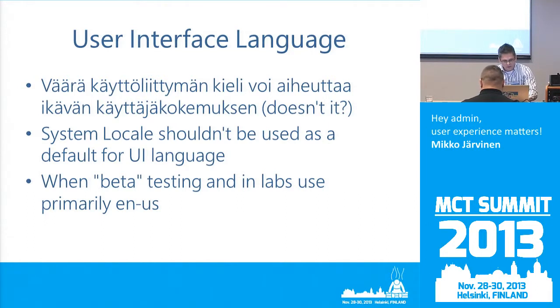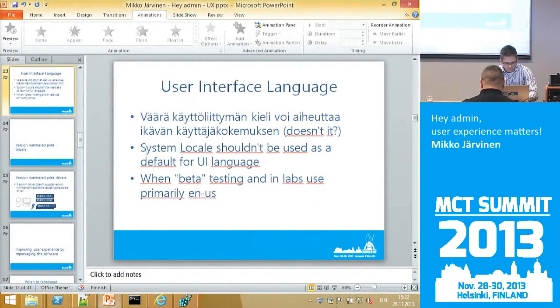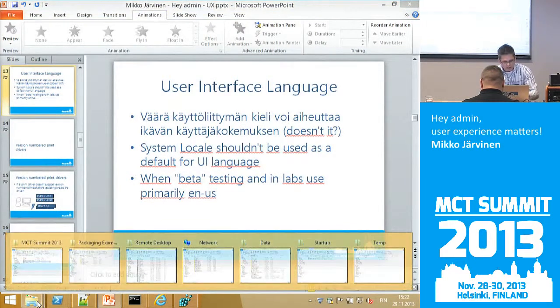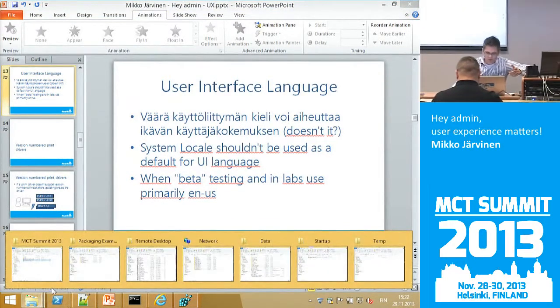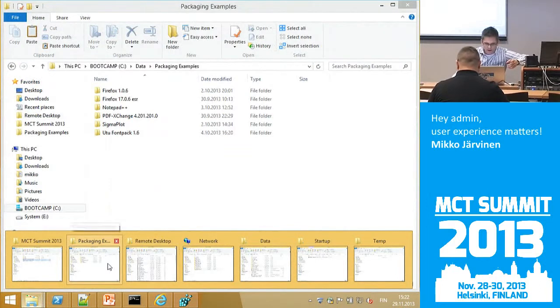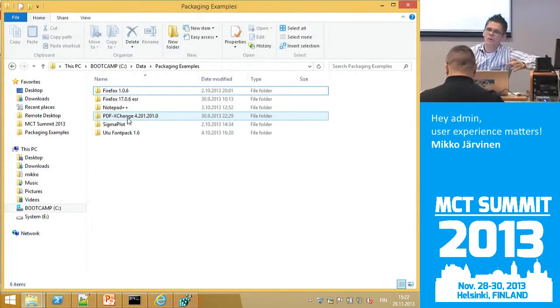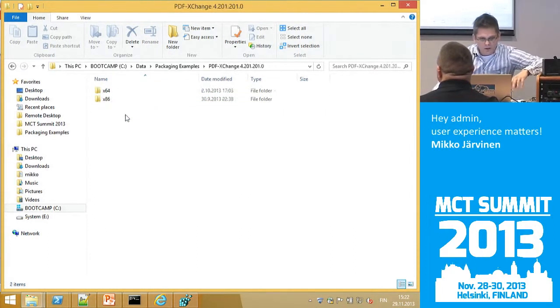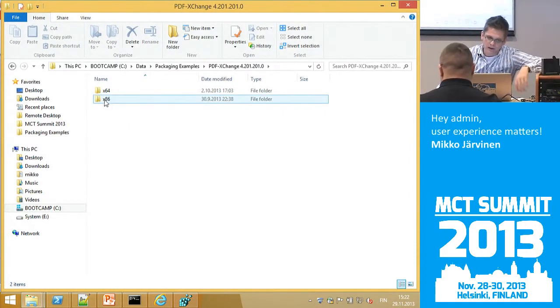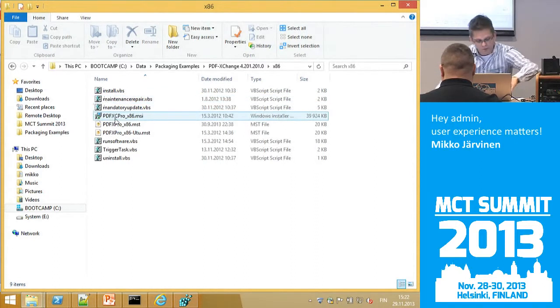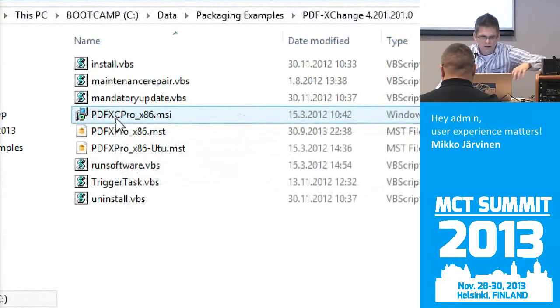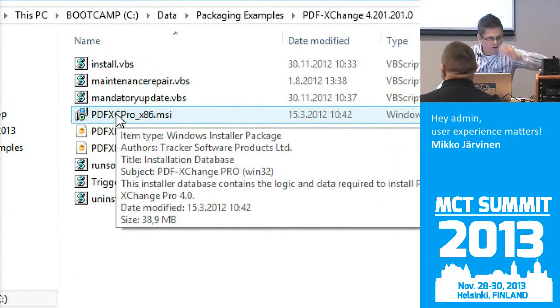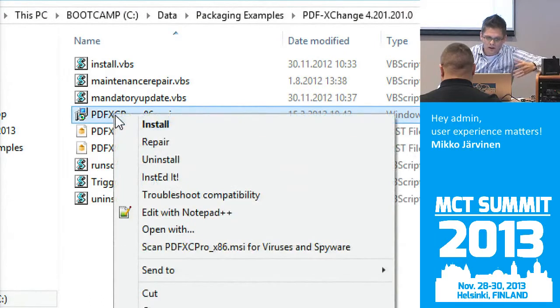I'll show you one example of this. It's about software that we had, and it had this problem that it defaulted to the system locale. It's called PDF Exchange. It's a PDF viewer program, and it came as an MSI package. And when the new version came, I just